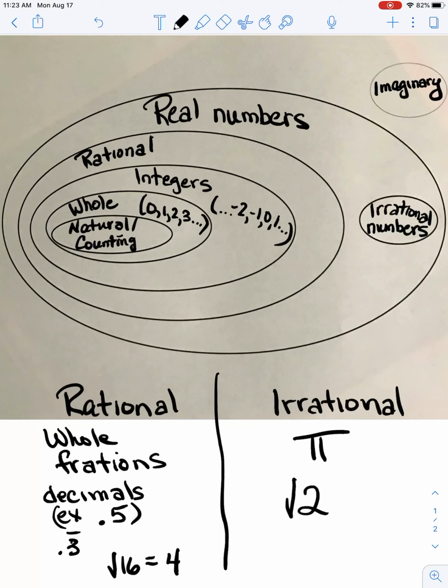So rational is all the numbers that we're used to, that we can understand, that we can express. Fractions, whole numbers, negative integers, square root of perfect squares, decimals that we can make sense of. Irrational numbers, well, on the crazy side: pi, which we can't really picture as a decimal, square root of 2, square root of 15, square root of any number that's not a perfect square. So, real numbers consist of rational and irrational numbers.